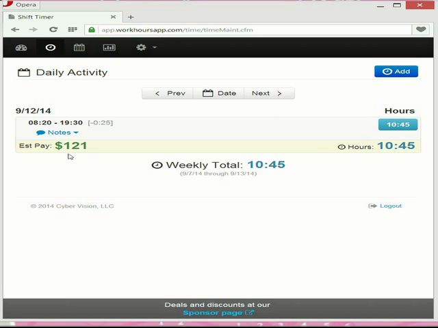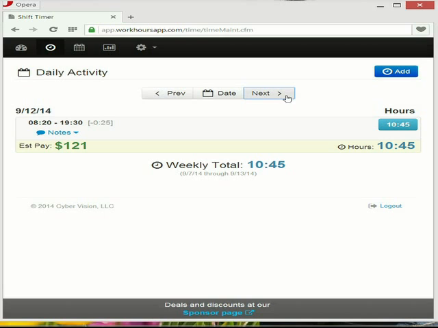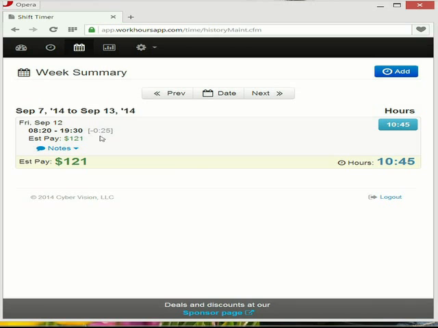So this is your today view, or the daily activity view, and you want to make sure that you're on 9/12. Sometimes what will happen is if you'd looked at a previous date, it'll recall that date. So always make sure that you're looking at the specific day. If you click up here, this is your week view. We only have one day, so it's only going to show one entry. So why don't we go ahead and click on another